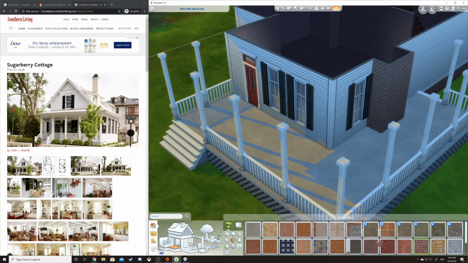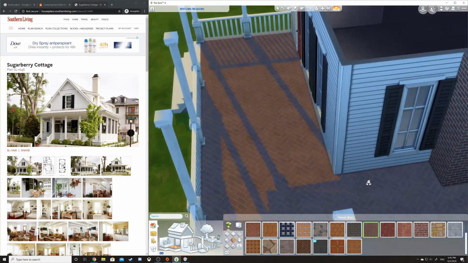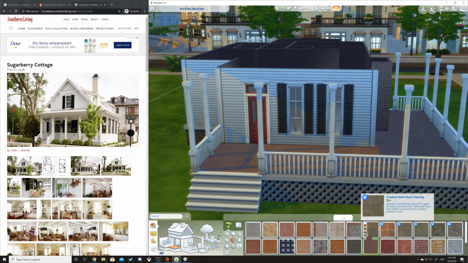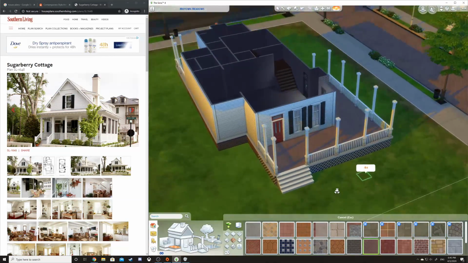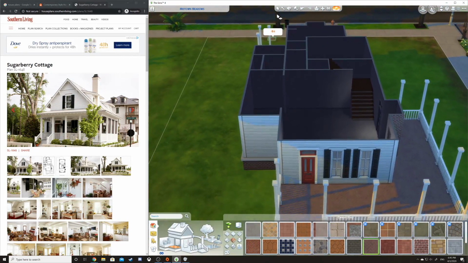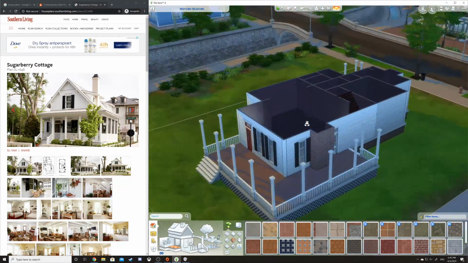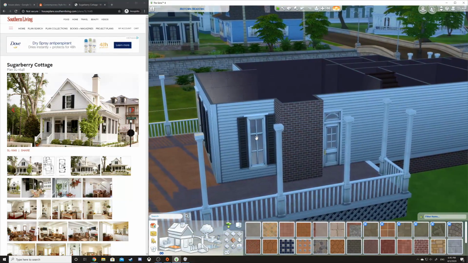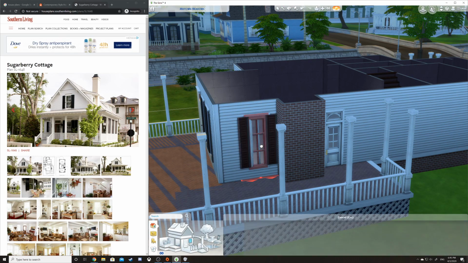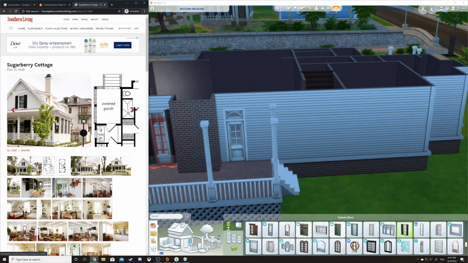I like this one, but was there a better option? That was kind of nice, that looks a little bit different. That's the Academia brick pavers. Again, pretty much everything I'm using is base game, guys, except for this door. That means if you only have The Sims, the game, you can easily do this. Okay, I'm going to press E, eyedropper, and place more of these windows, and you can go off of where